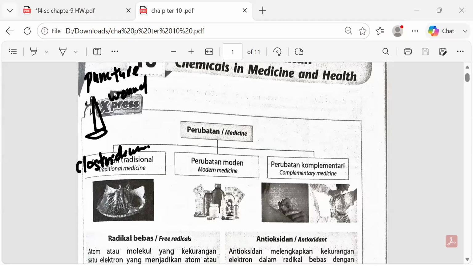When it's on the outside, here's all the Clostridium because I step on the floor ma. Here's all the Clostridium. It's on the outside. Even if I touch it on my skin, it's okay. It's all on the outside. It's only when you get a puncture wound. A puncture wound is deep or not deep? Deep. So when you get a deep wound, what happens is the bacteria can go inside. Inside, they cannot get oxygen. When they cannot get oxygen, they will release